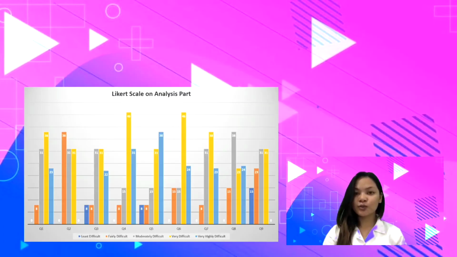The chart shows what portion of the action plan we, as a group with 13 respondents, find very highly difficult to execute. With the help of the Likert scale, we interpreted the data and found out that question number 4, chapter 2, problem identification, and question number 6, chapter 4, the plan of action, have the highest corresponding vote of 46%,